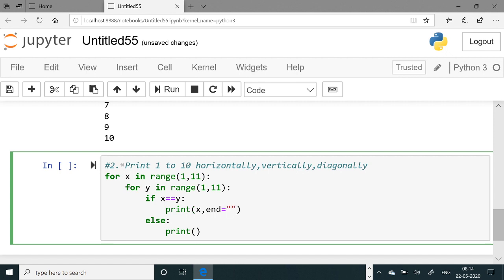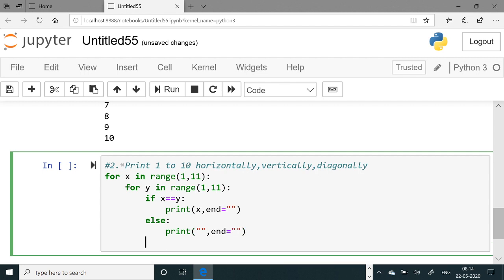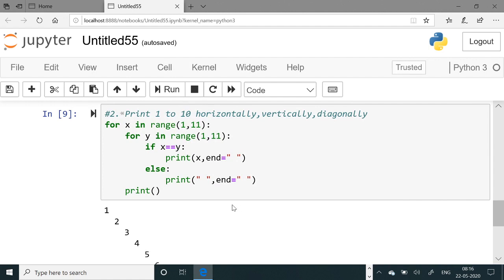Same way here, nothing you have to print, or suppose you want to print a 0, or suppose a space you want to print. And then you have to end here, end equals to quotes. Now after coming out of this loop, for every row you have to change the line. For changing the line we use the print command. So here you can see the diagonal one.